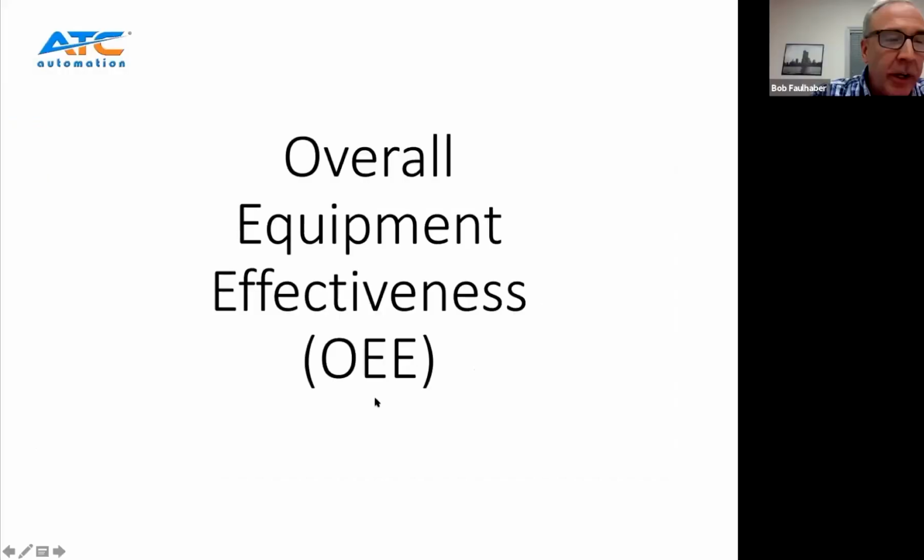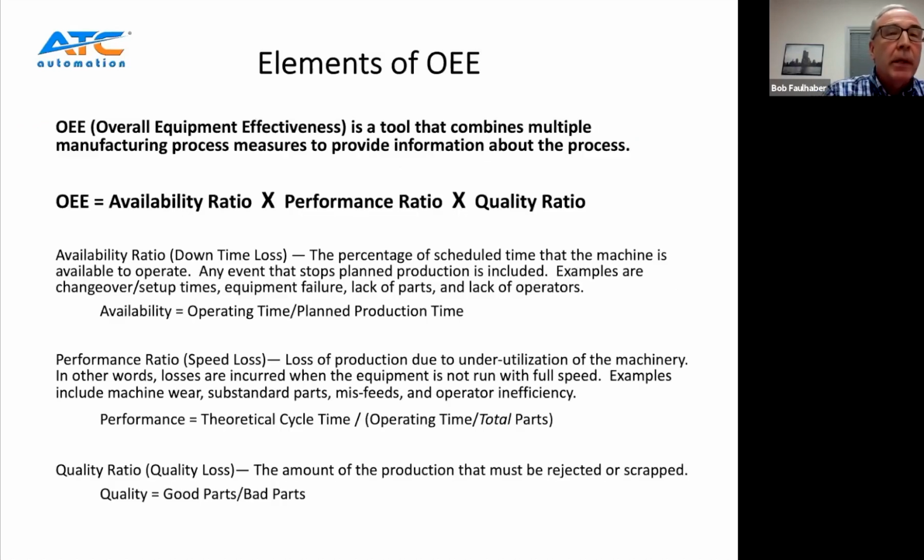Great. First of all, good morning, everyone. I'm pleased to be with you this morning to discuss overall equipment effectiveness, better known as OEE. This equipment measure is very widely used, but is often misinterpreted and frequently modified by both the equipment user and the equipment producer. I'm going to describe the classical elements of OEE that we use at ATC and are the most widely used measures that comprise this calculation. So next slide. Let's start with the elements of OEE.